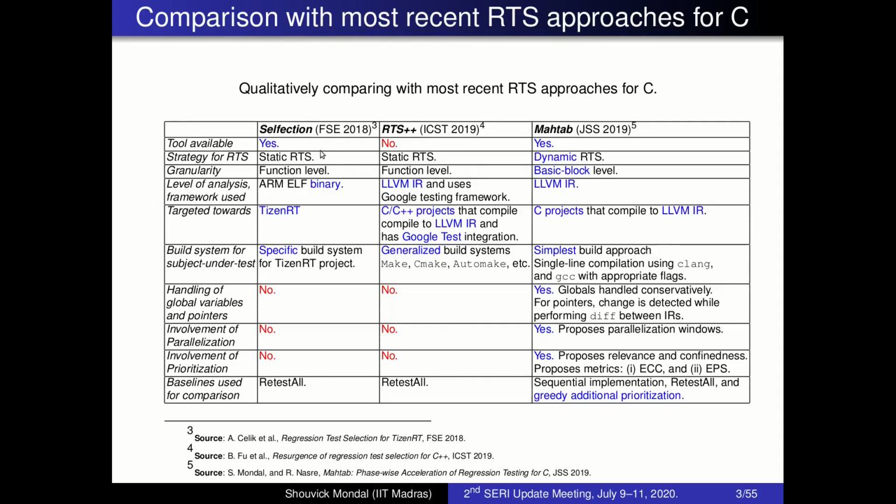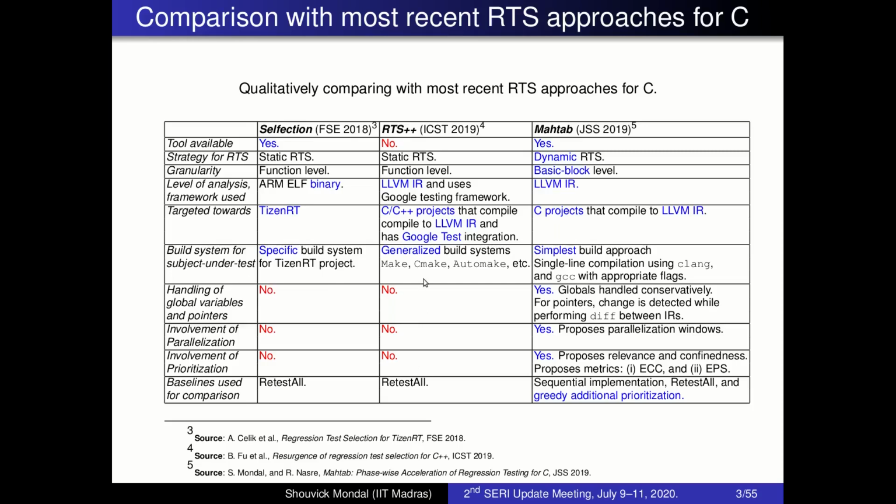As per tool availability, Mahatab is publicly available, and we work at the granularity of basic blocks in LLVM IR; the targeted programs are C projects. But the most important part of the comparison is the handling of global variables and pointers, and the involvement of parallelization and prioritization.